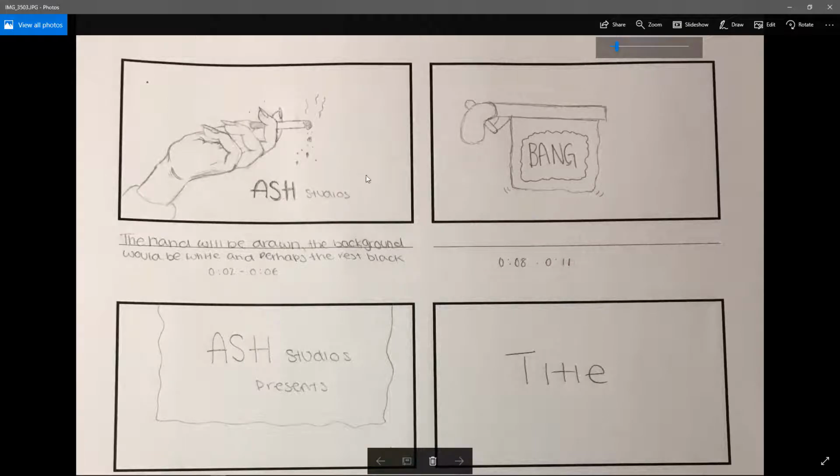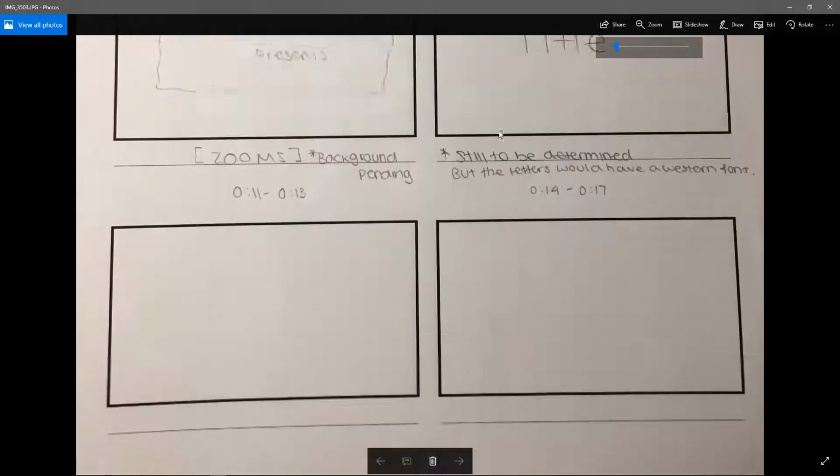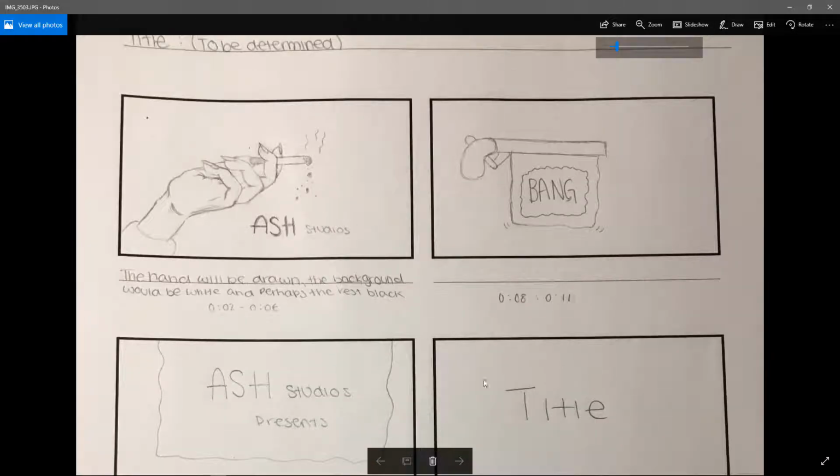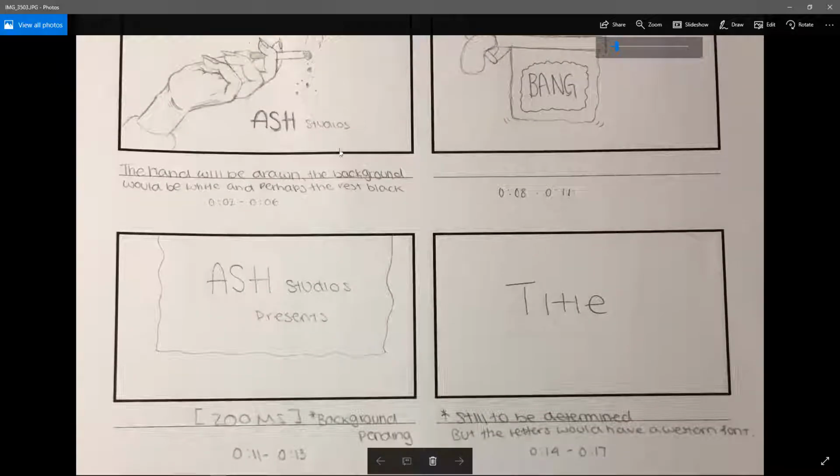I guess I'm not really sure how these relate to each other. Like, how do we go from this cigarette image to the bang? So yeah, I guess you've started with a great drawing, but it looks like you don't have the title figured out, and